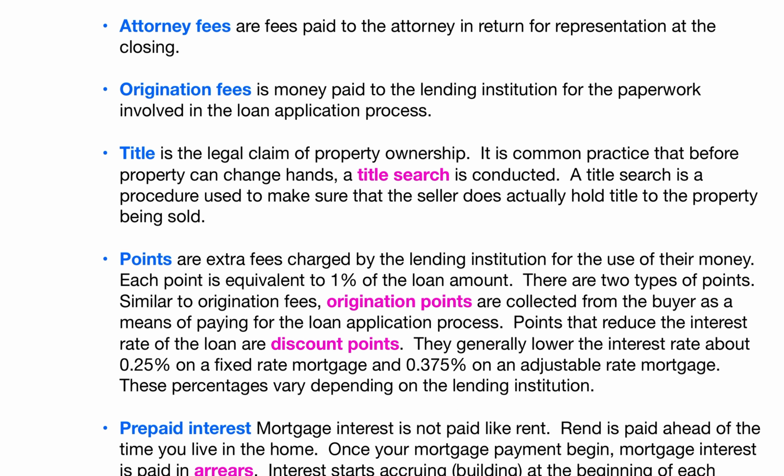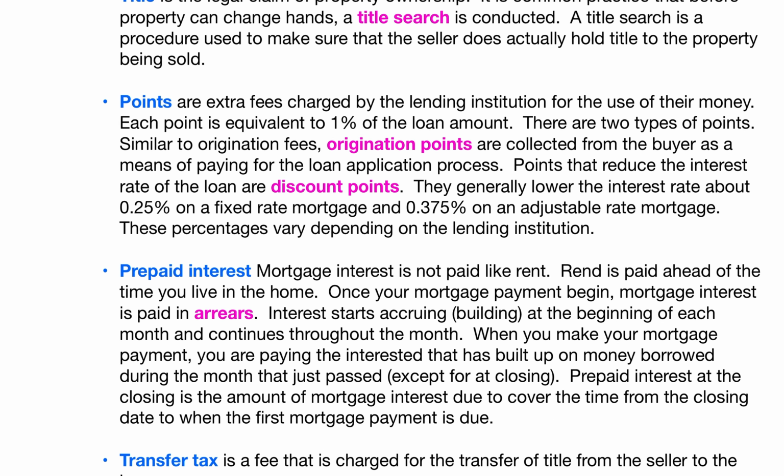Title is the legal claim of property ownership, and it is common practice that before property can change hands, a title search is conducted. And this is done to make sure that the seller does actually hold title to the property being sold. Okay, another term is points, and these are extra fees charged by the lending institution for the use